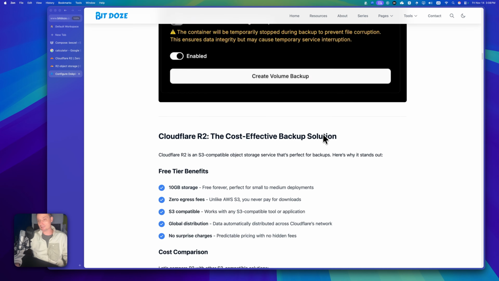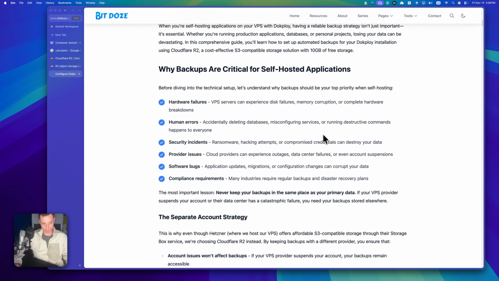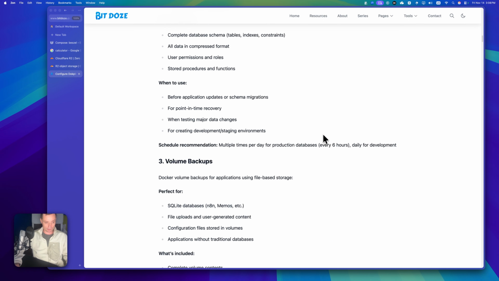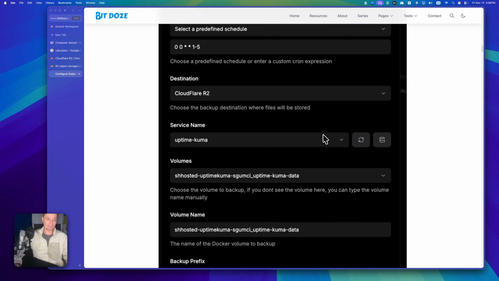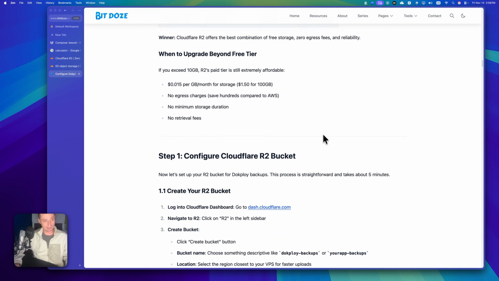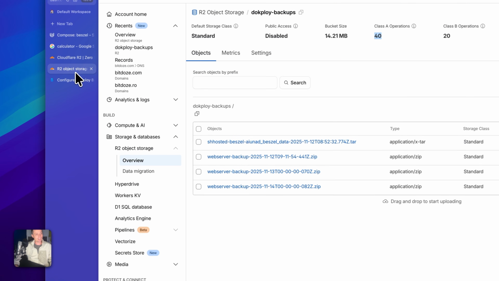I've also created an article in here with all of these things and a lot of explanations, if you want to check in more detail what is happening here, and you want to see the commands and different things that you want to use for backups. So let's go. And the first thing that we're going to do in here,